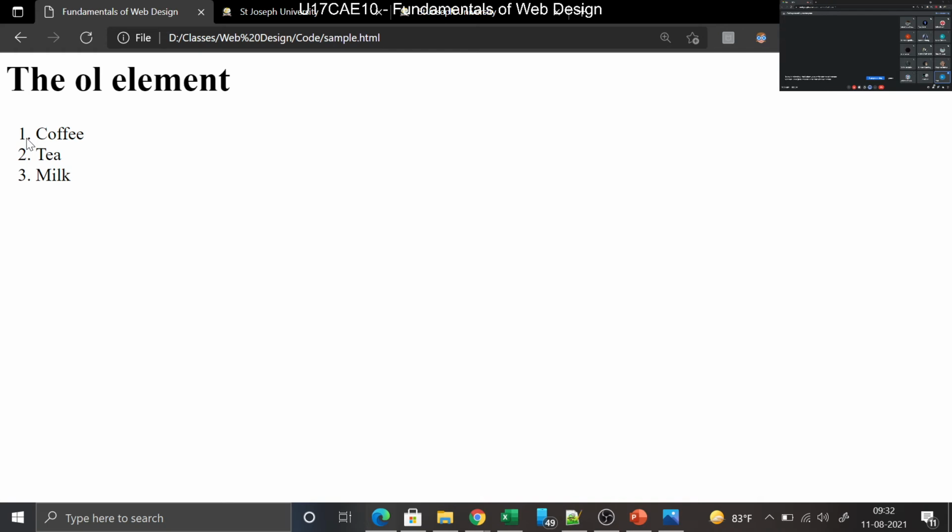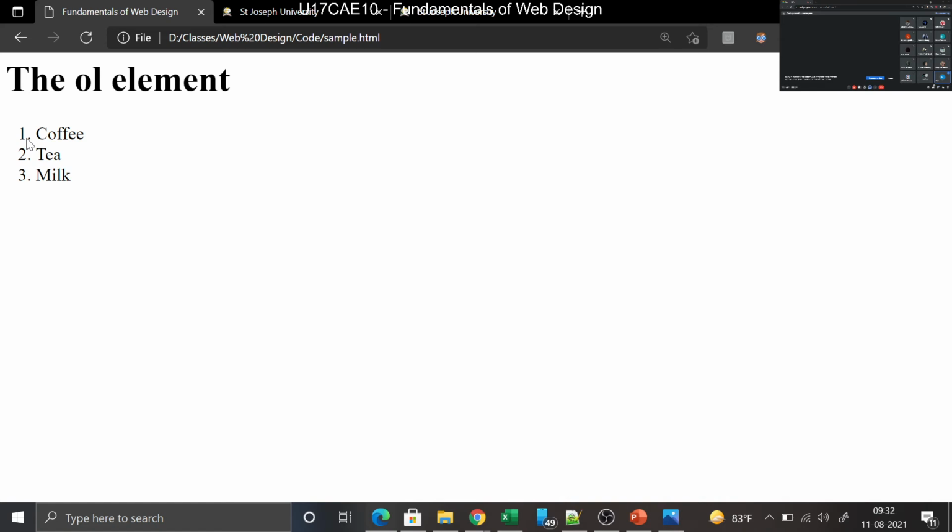50, 51, 52. So the normal tag will only start from 1. If I don't have this one over here, this is the normal tag, and its functionality is programmed to start the list from 1, 2, 3, and it goes on serially like that. Suppose I want to start from number 50 or number 150.